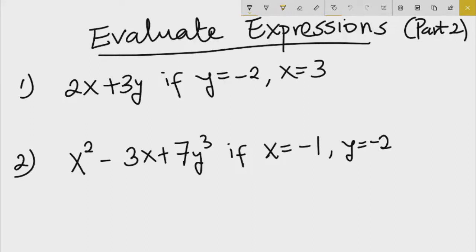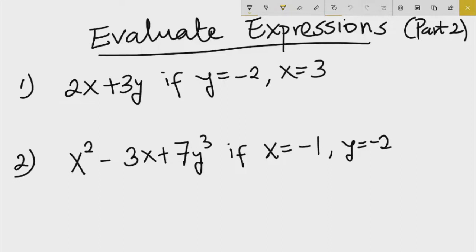In this lesson, you will learn how to evaluate expressions. So I will demonstrate this by using these two examples. In example 1, you are asked to evaluate the expression 2x plus 3y, and then you are given the